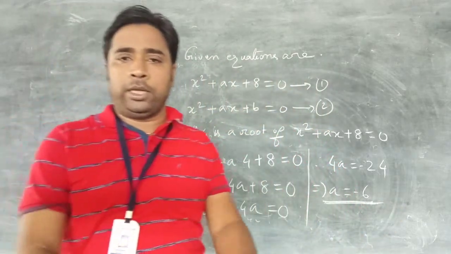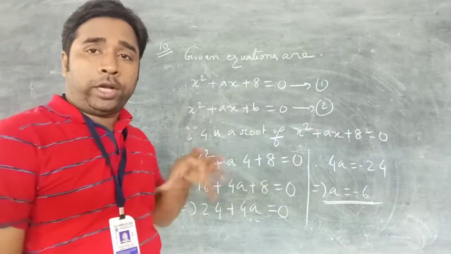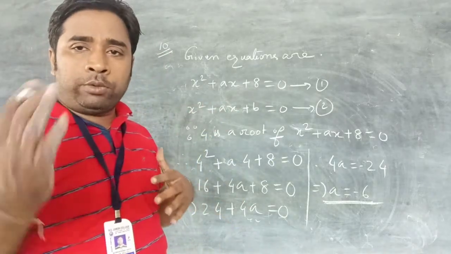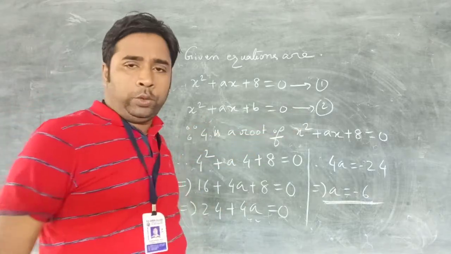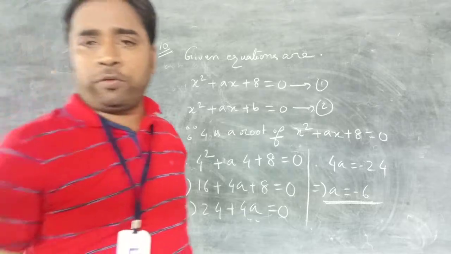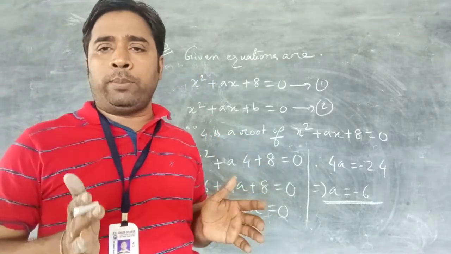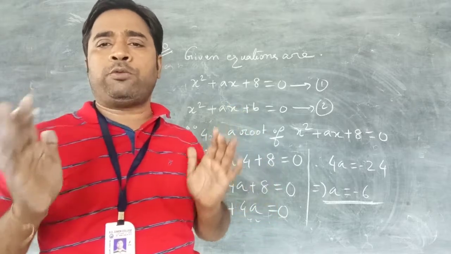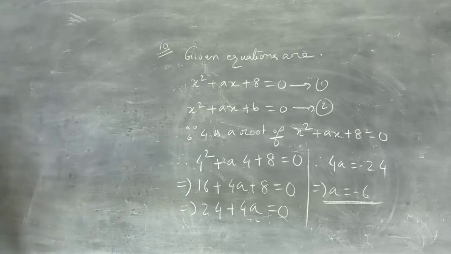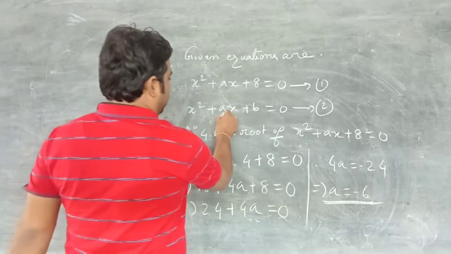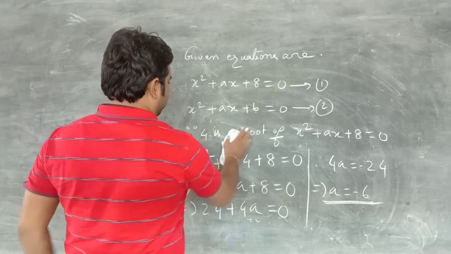So the sum is very simple. Now, according to the question, you have to find out the value of b, not a. See, from now we shall apply other conditions. What is the other condition? It is given that the roots of equation 2 are equal. That means what is the meaning? Roots of equation 2 are equal means b square minus 4ac equal to 0. That is the meaning.